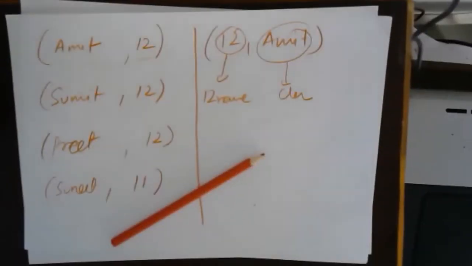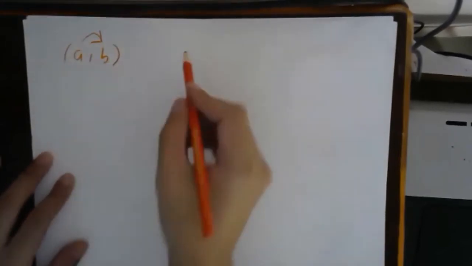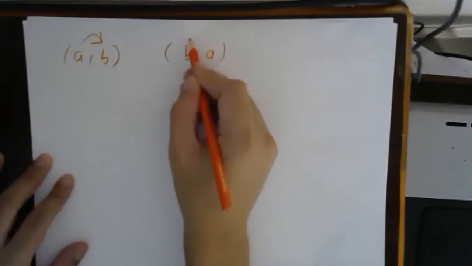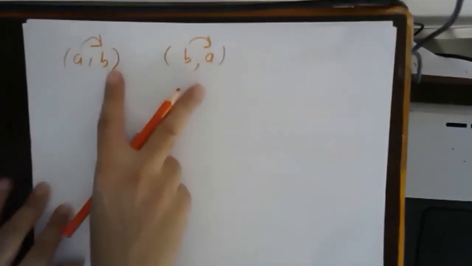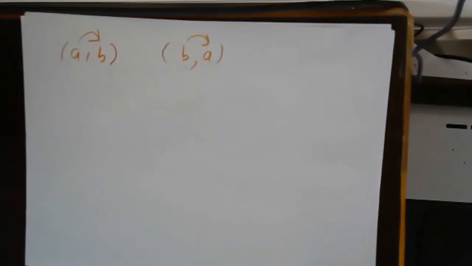Okay, now see. I hope everybody understood what I'm trying to say. If an element in a relation is written like this, A and B, that means A is linked with B. You can think of it like a vector quantity. I hope you know what vector quantities are. The direction matters. In this, the direction is from A to B. In this, the direction is from B to A. So these two cannot be the same. Here A is directed towards B, and in the second case B is directed towards A.